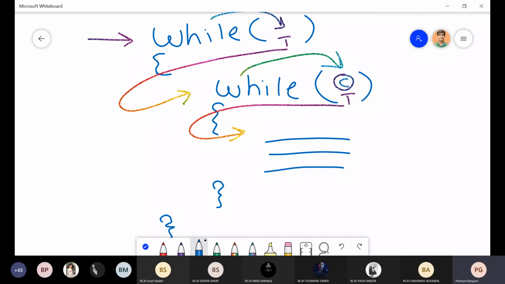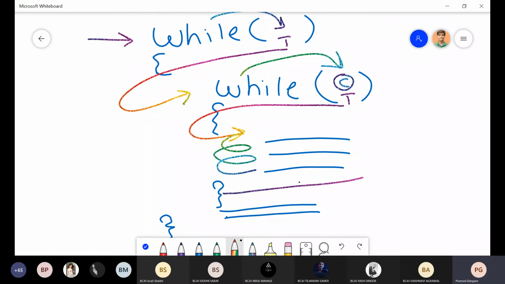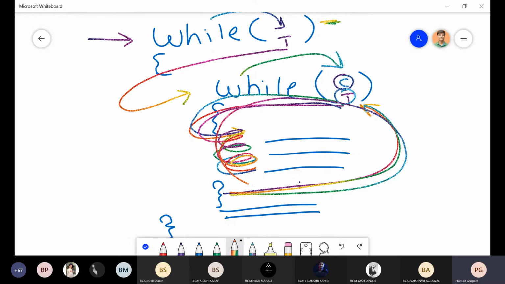Suppose here some statements are written. Here also a statement. These statements are in this while loop. Okay, understand this. Now this will execute the while loop. At the end of this statement, it will come to this while loop condition, the inner while loop. Until this while loop condition gets false, it will not come to the end. It will not come to here. So this is true. Once again it will enter the while loop, execute. Suppose the condition is once again true, so it will come to here, execute. So it will execute this time until it gets false.